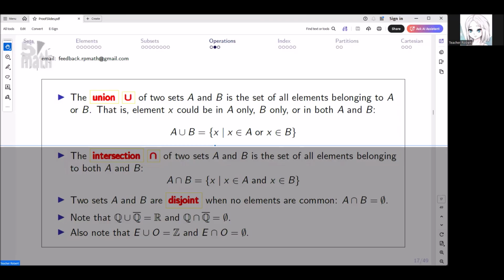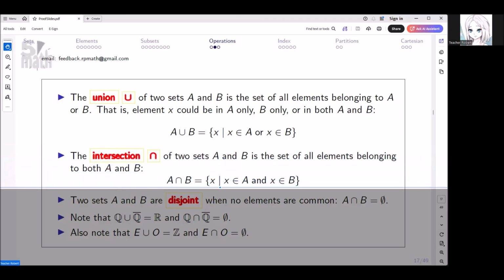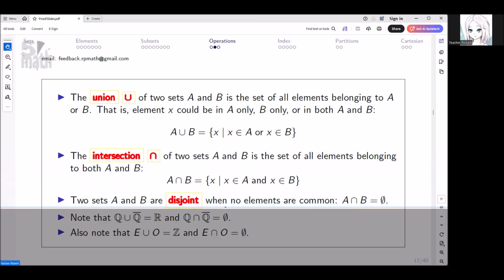Here, the intersection of two sets A and B is the set of all elements belonging to both A and B. Here, two sets A and B are disjoint when no elements are common. Here,